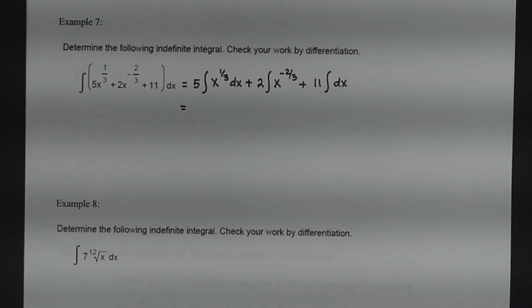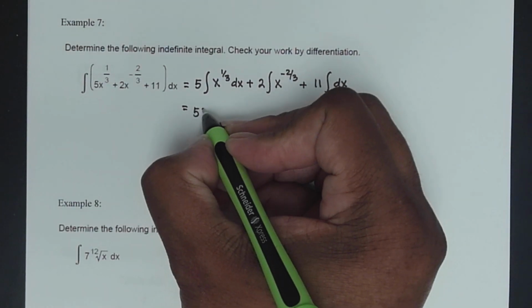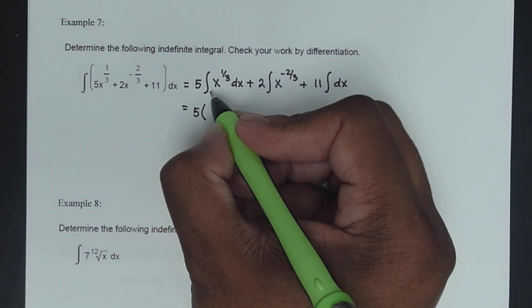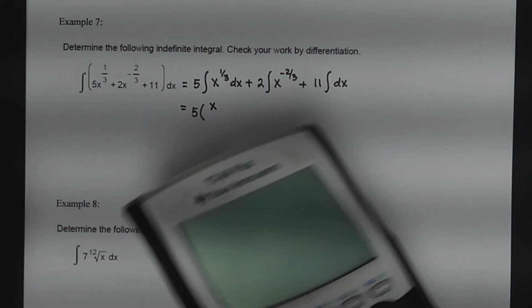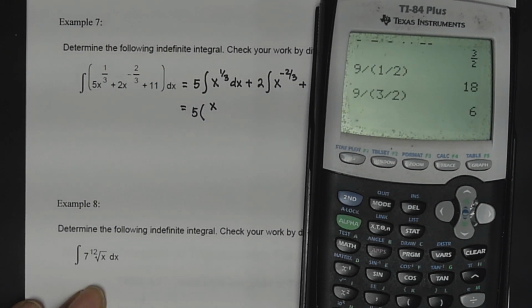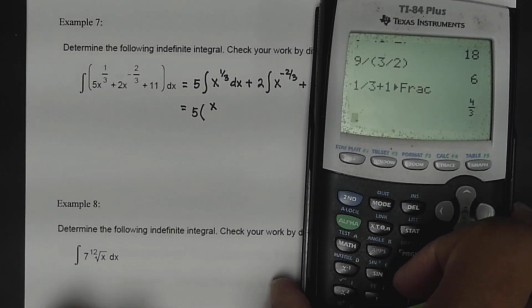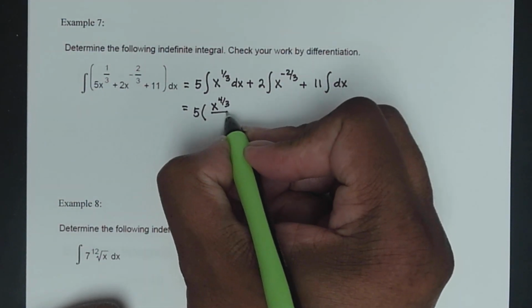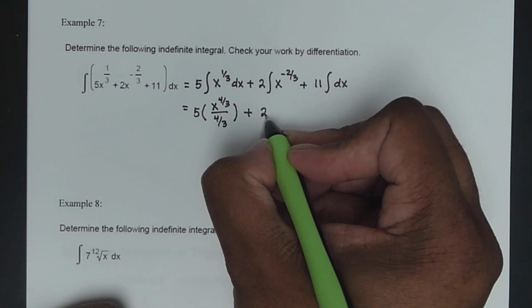Okay, so pull the 5 out in front. For the x to the 1/3 dx, if I integrate that, I'll increase the power by 1. So it'll be x to the, and I'll show you again, 1/3 plus 1. So it'll be 1 divided by 3 plus 1. And as a fraction, you hit the math key and then fraction, you'll get 4/3. So it'll be x to the 4/3 divided by that new exponent of 4/3, plus 2 times